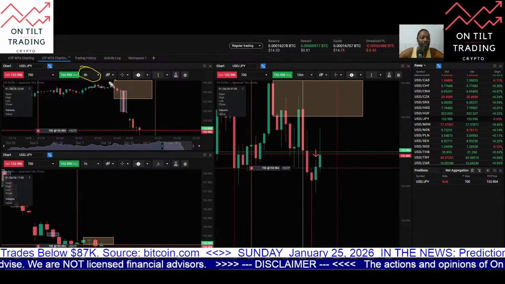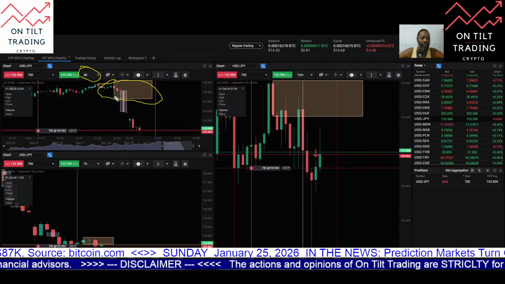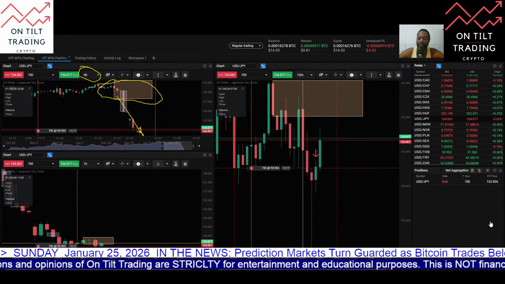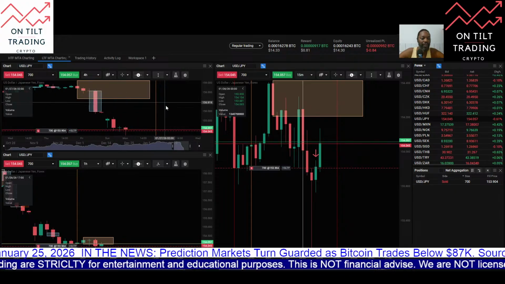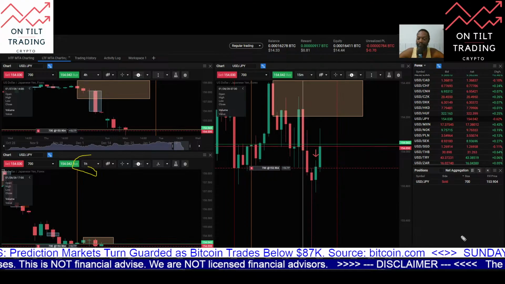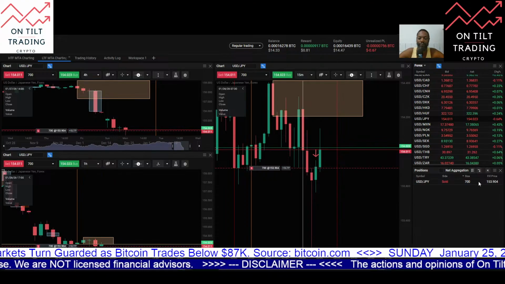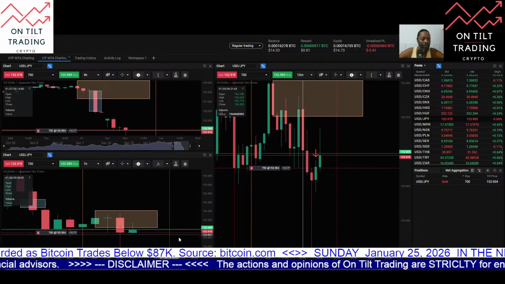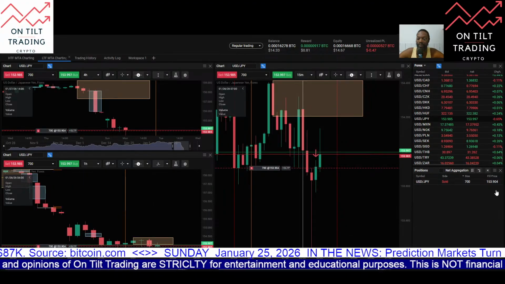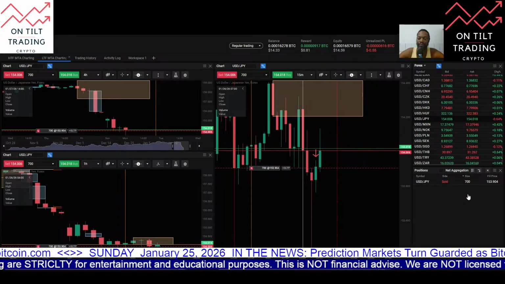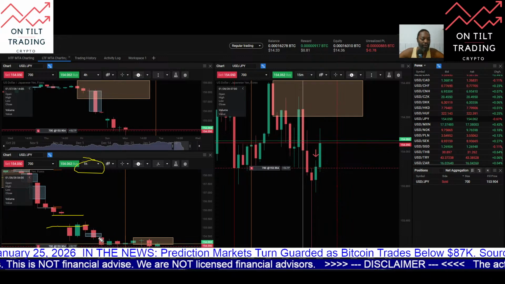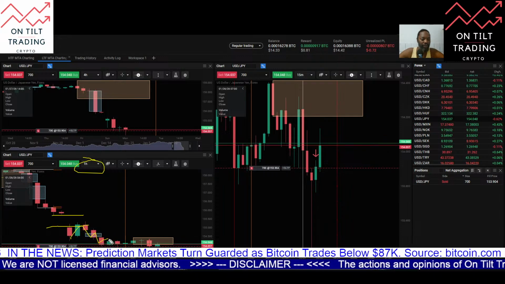We can see here this 4-hour order block, and then we can see this sell side delivery being put in. In addition to that, here on the 1-hour chart, we're down here in this area, which is below the new week opening gap. So the new week opening gap is here on the 1-hour chart, and you can see USD JPY trading below